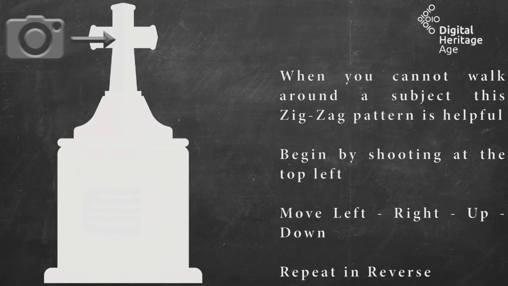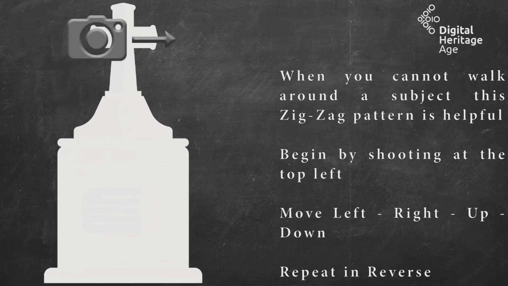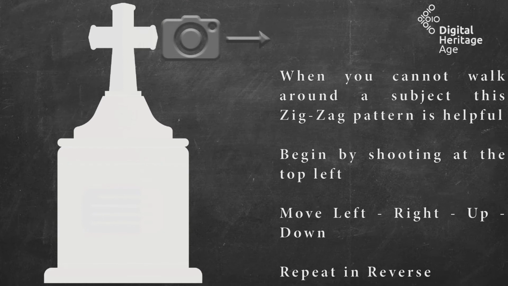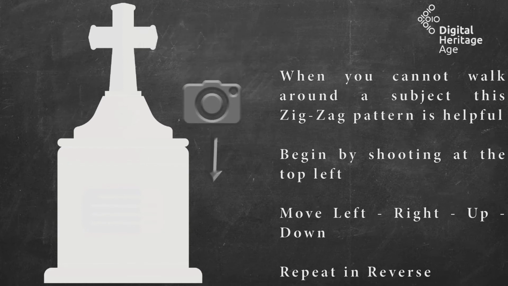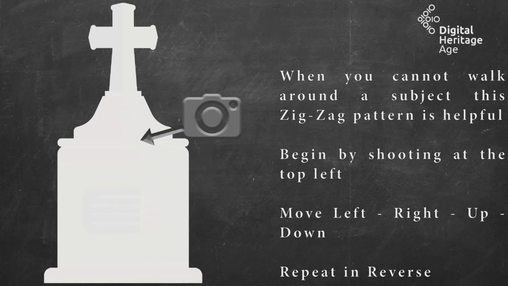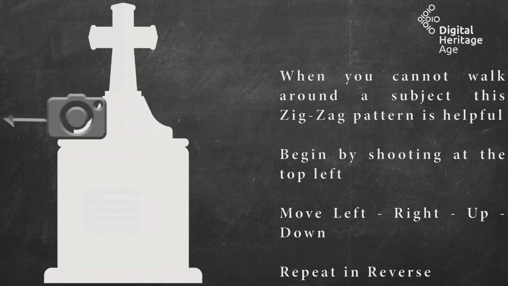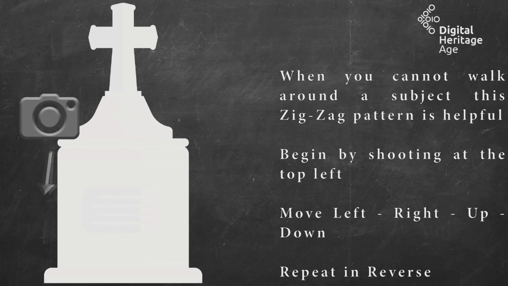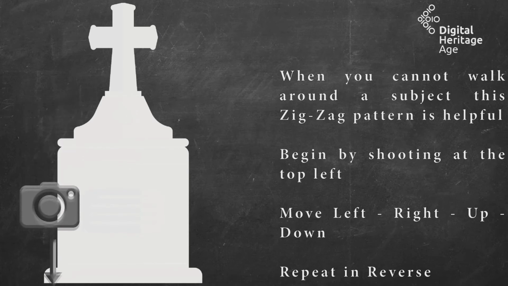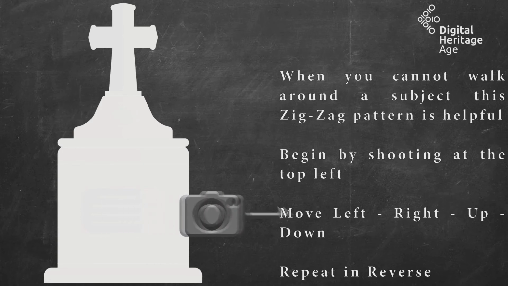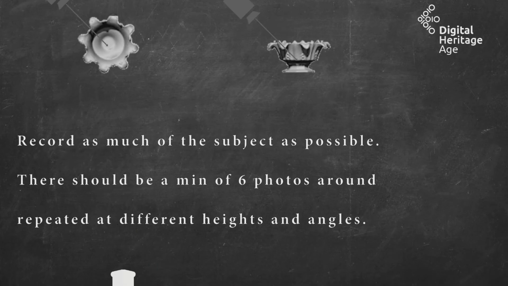Sometimes you're not able to walk around an object in 360, so I generally suggest a zigzag pattern, and this could be taking 3 photos across, left to right, 1 photo down, and then repeat that process back, right to left across, repeat that process down and left to right again, and then depending on how big or how small the object is, you want to repeat this in reverse. So you're going to need to multiply your photographs by repeating this a number of times using that zigzag pattern to go up and down the object.